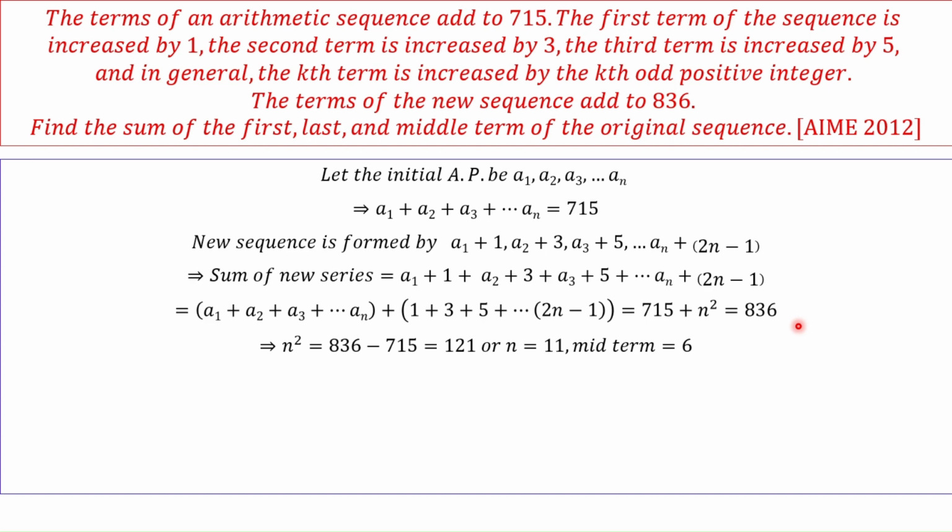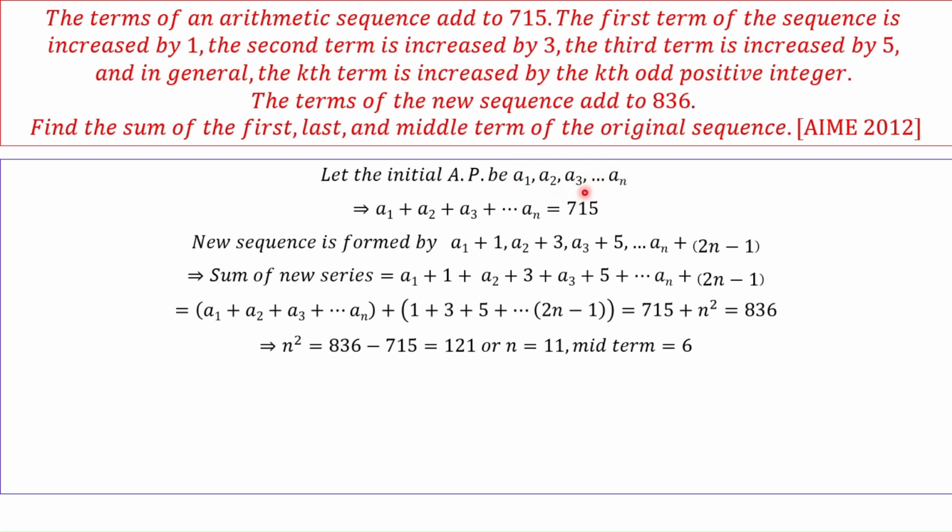But now how do you get, you have n. Fine. Do you have a, do you have d? No. Then how do you get the first term, last term and midterm? We got the midterm, the 6th term. The first term will be the 1st and the last term will be the 11th. So how do you know? Now if you apply the arithmetic progression concept, basically,